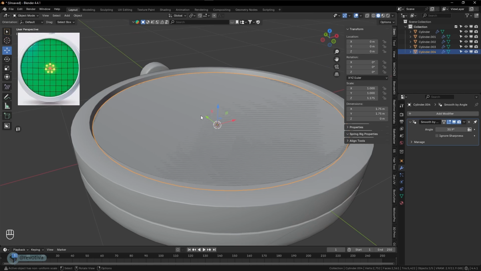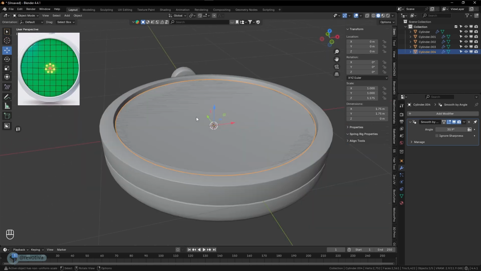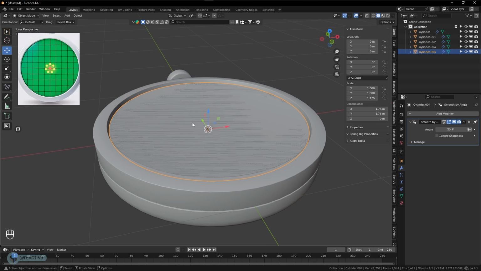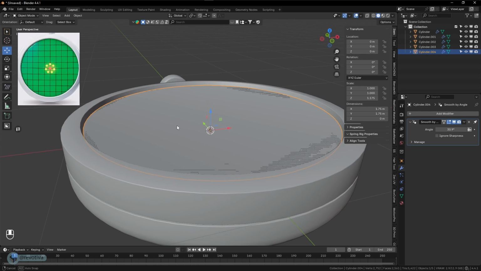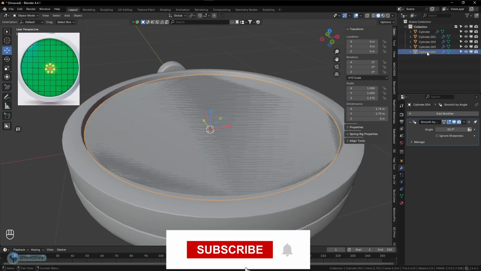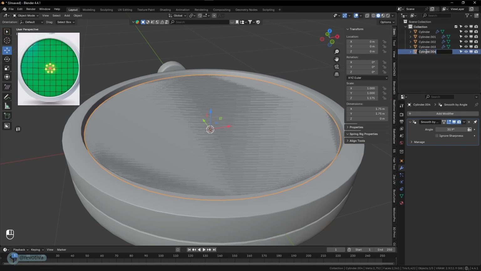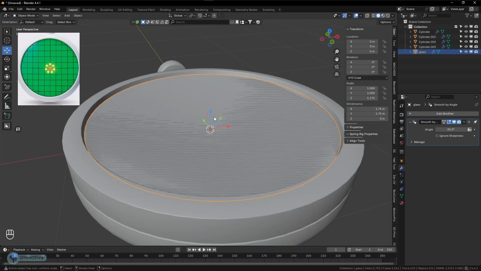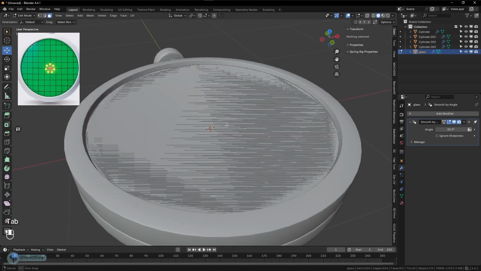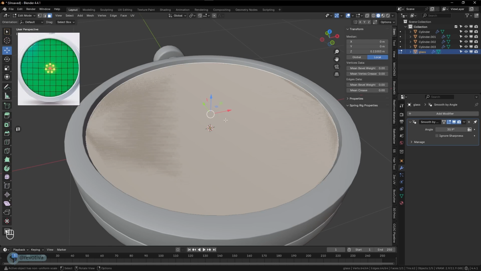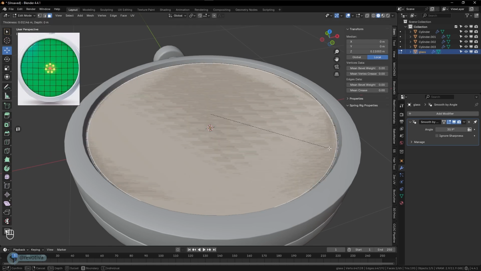To make that, I need to make a little blob or something kind of circular. So I go to the outliner. I will select this mesh. I will change the name by double clicking. Then I will put the name glass. So I will return to edit mode. Then I will select the mesh. I will press I and move